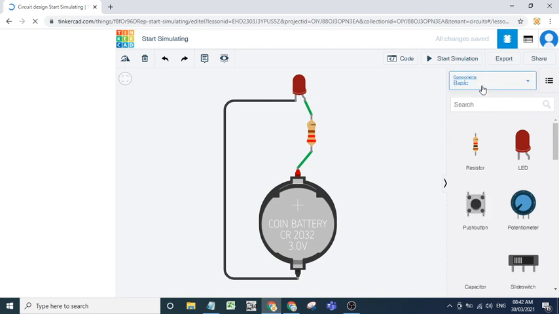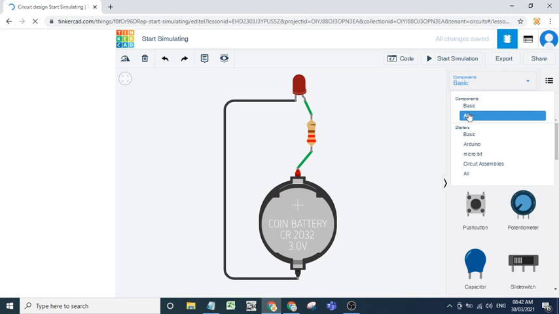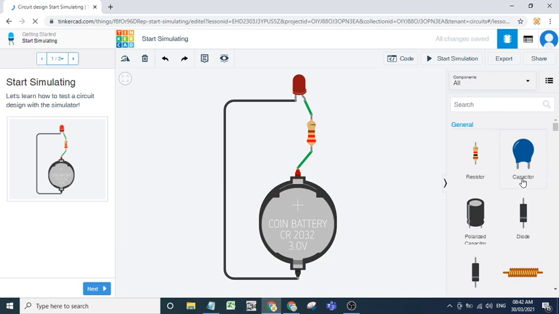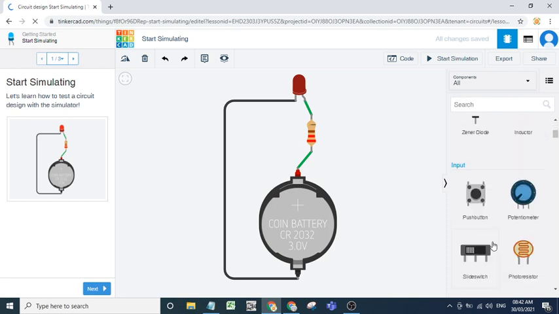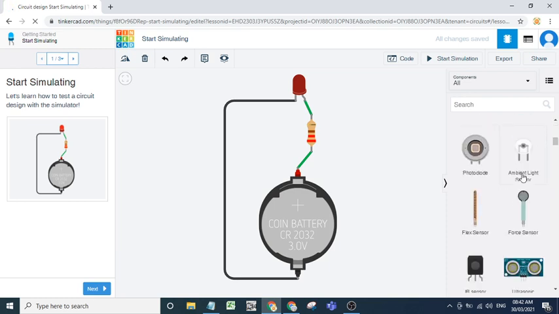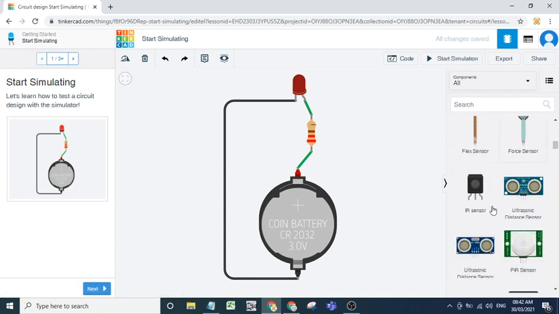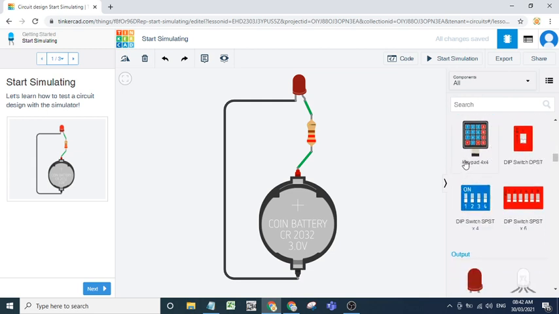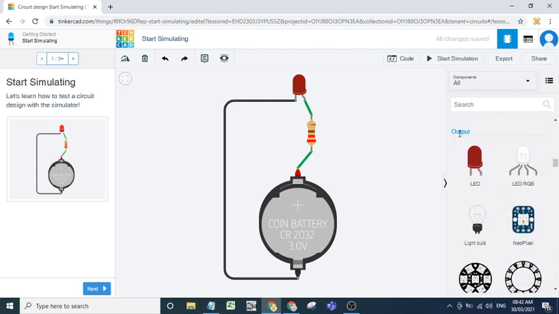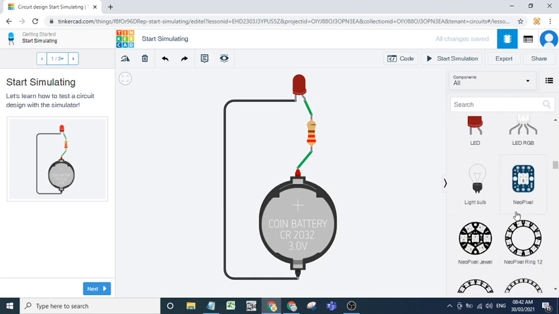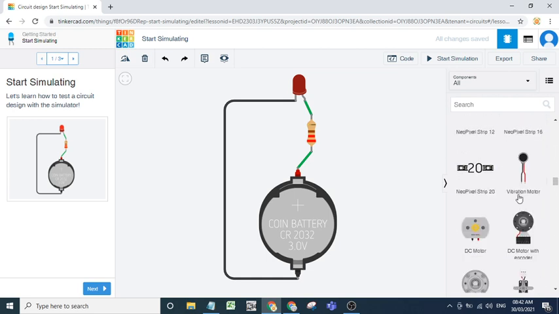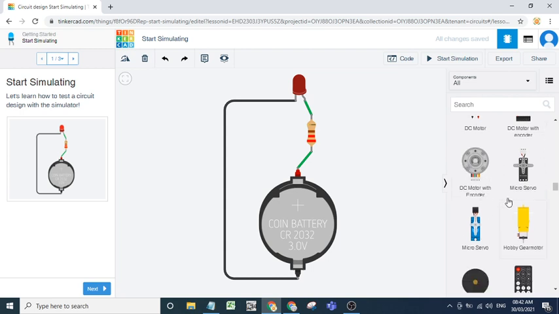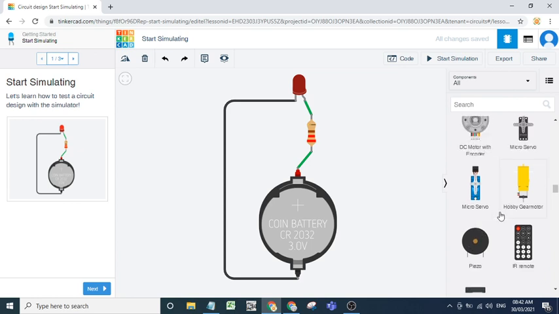From here, if you click basic or all, you will get all components here: resistor, capacitor, inductor, diode, switch, potentiometer, photodiode, ambient light sensor, flex sensor, force sensor, IR sensor, ultrasonic sensor. So these are different sensors: keypad, DIP switch, output devices, LED, RGB LED, light bulb, neon bulb, then motors, DC motor with encoder, DC motor, servo motor. So there are different types of motors.